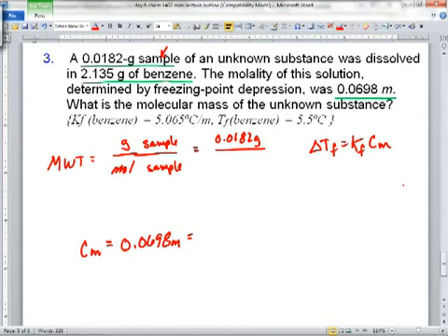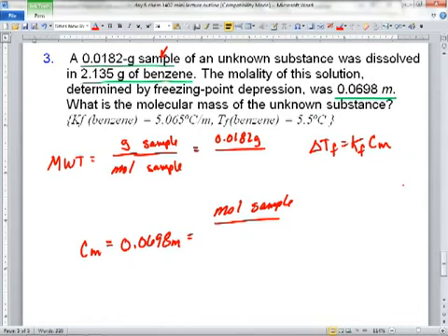Now, Grace, it's the moles of solute, but I guess it's better to write something else. To be consistent, moles of sample, since we're calling our unknown a sample. So it would be moles of sample all over kilograms of